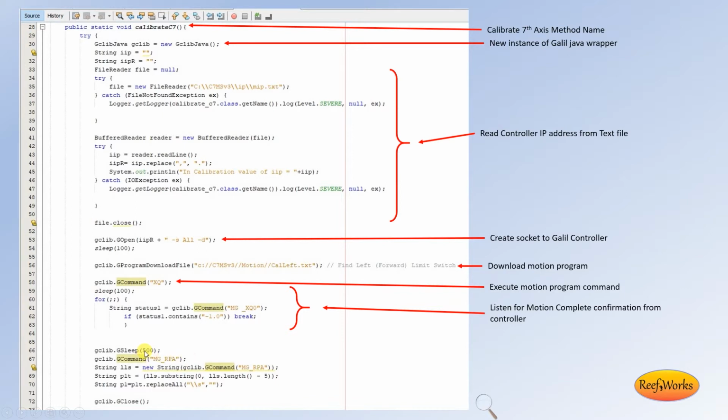And the reason for that is that we want to ensure that the controller is completely at rest so that we know exactly where it is, and then we pick that position up. We request the position here on line 68, which is the mg _ RPA, which is relative position of axis A. Then we bring that back in, we split the string, and what we're going to do is, this is taking the white space,